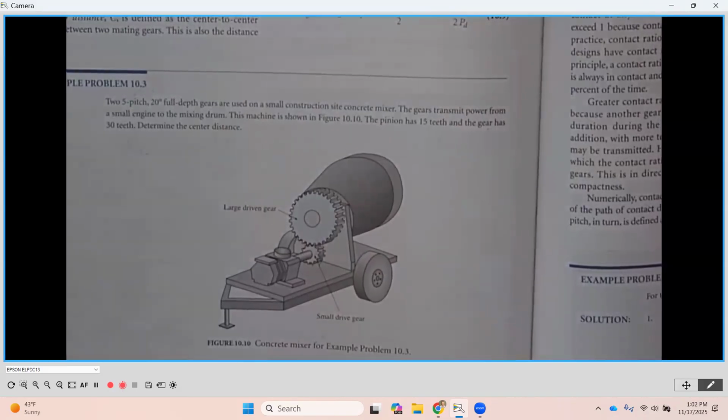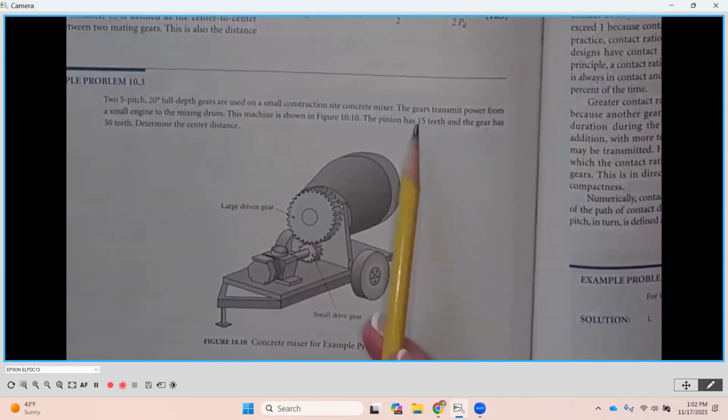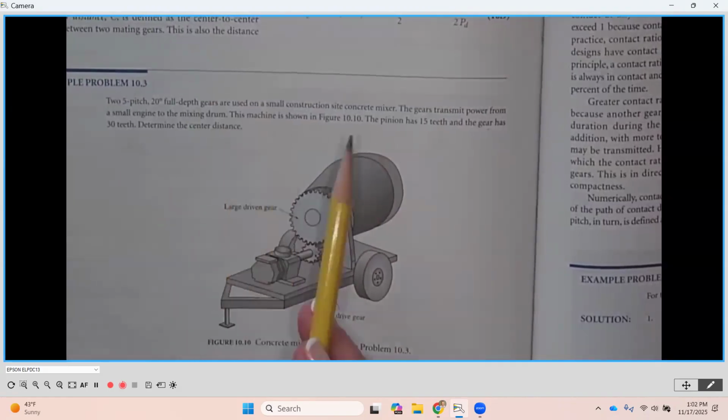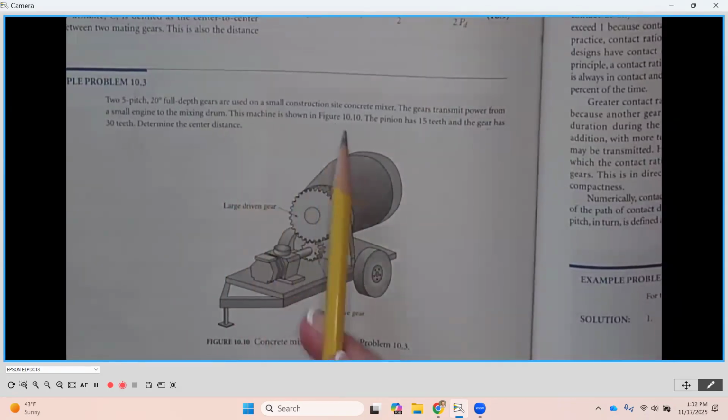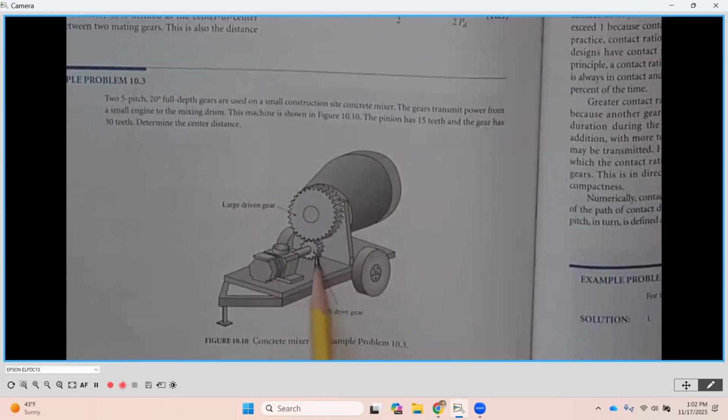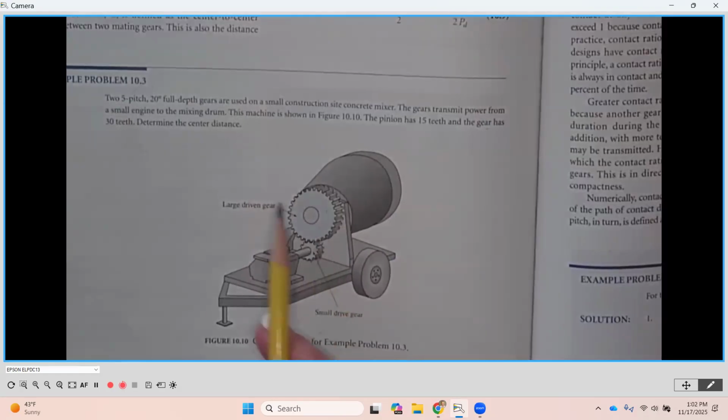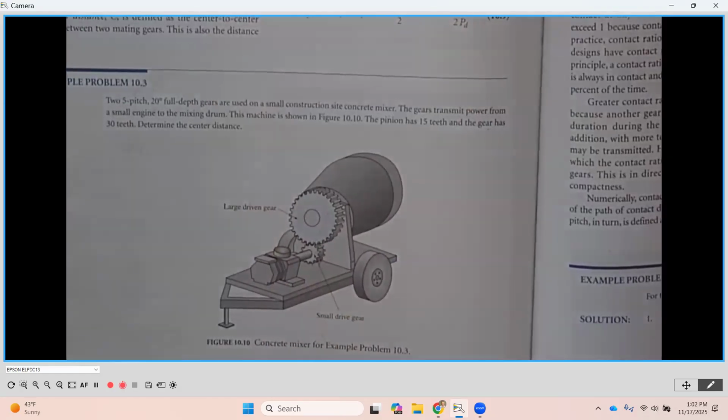Because of the concrete that's on the inside. Now this gear transmits power from that small engine to the mixing drum. This machine is shown down here. The pinion has 15 teeth and the gear has 30 teeth. Determine the center distance. Okay, so let's look at what we're given here by just kind of pointing to the